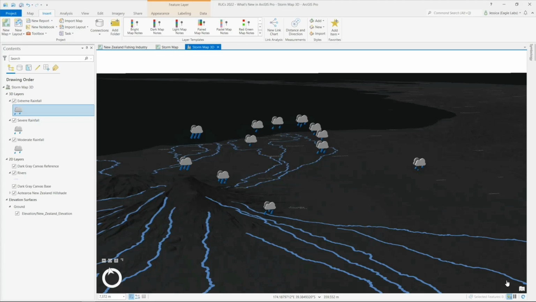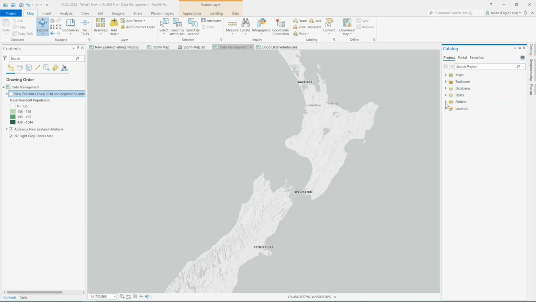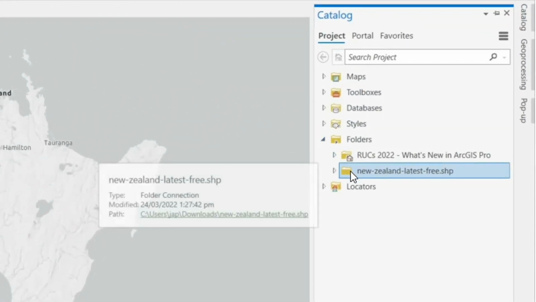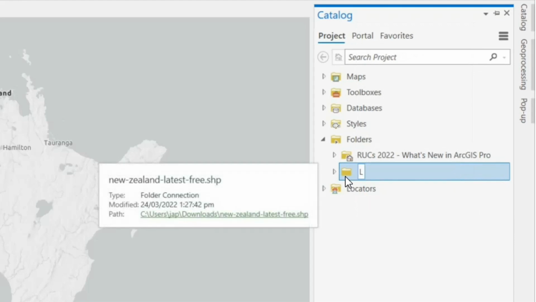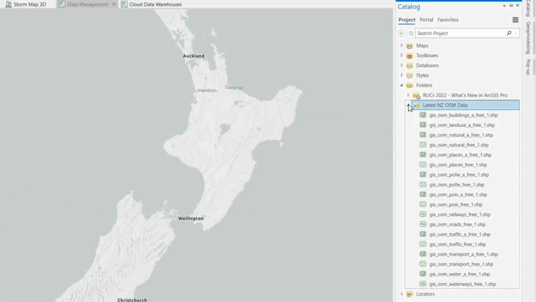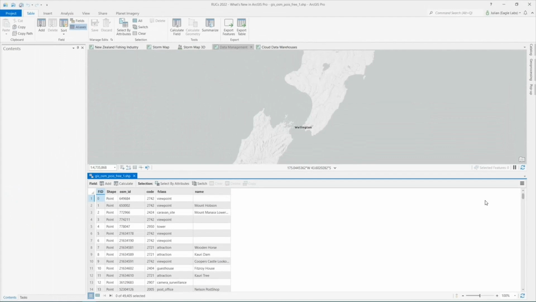So next up, let's take a look at the enhancements that have been made to data management in ArcGIS Pro. Let's first go to the Catalog pane. As I expand my folder connections, you can see that I'm currently connected to this folder with a pretty meaningless name. In this release of ArcGIS Pro, I can now create an alias for this folder to get a better idea of my folder structure and the data within it without physically changing the name of my folder. Additionally, I can now open feature or table views directly within the Catalog pane, so I can explore and examine my data without having to first be in a map or a scene.